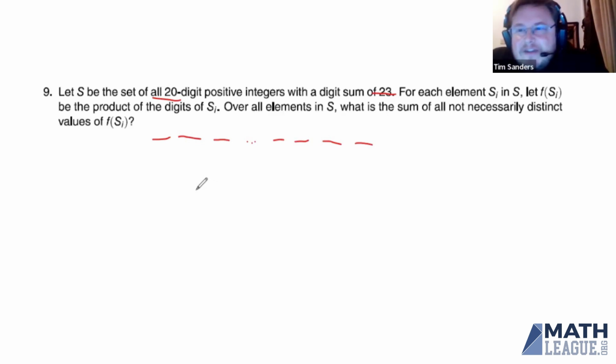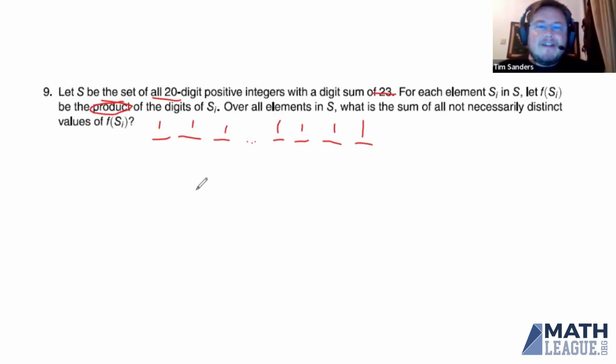Here's the thing. If any of these digits are 0, then the product of the digits is going to be 0. So I don't need to worry about it, right? The only things I'm going to worry about are things that have positive digits in every one of these 20 spaces. The smallest that those could be is a 1, and that already takes up 20 of our 23 sum. So if I put ones everywhere,